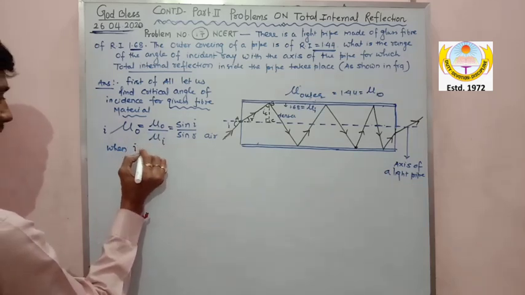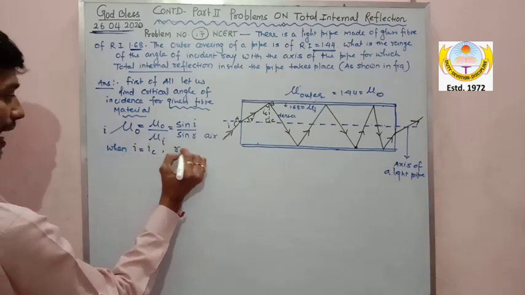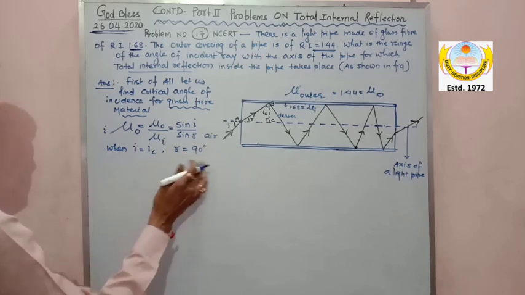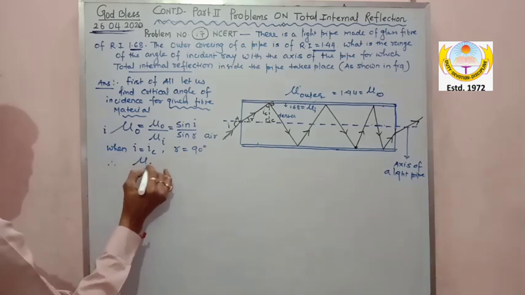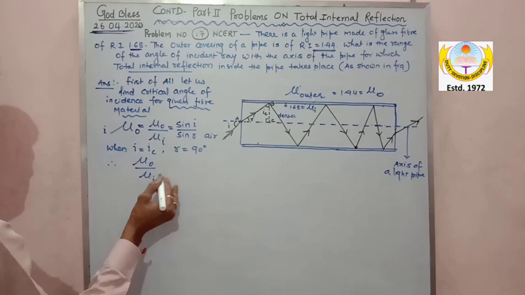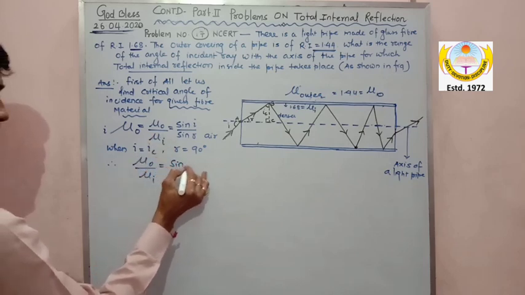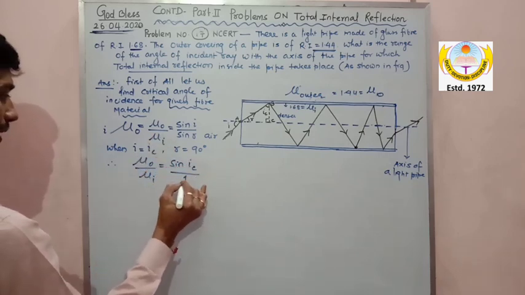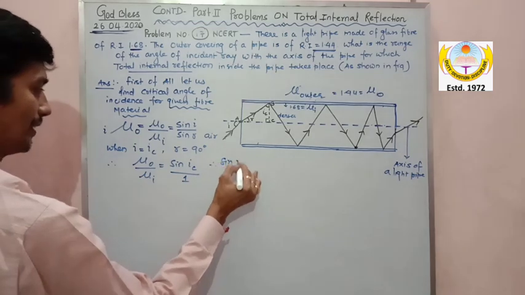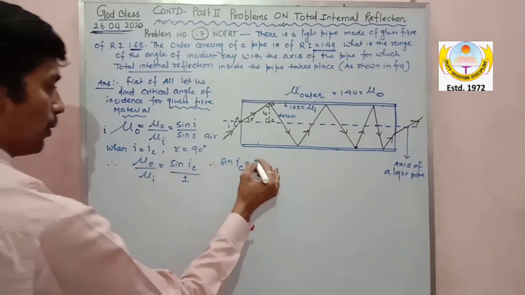When I is equal to IC, R is equal to 90 degrees. Therefore mu out upon mu I is equal to sin IC upon 1. Therefore sin IC is equal to mu O upon mu I,